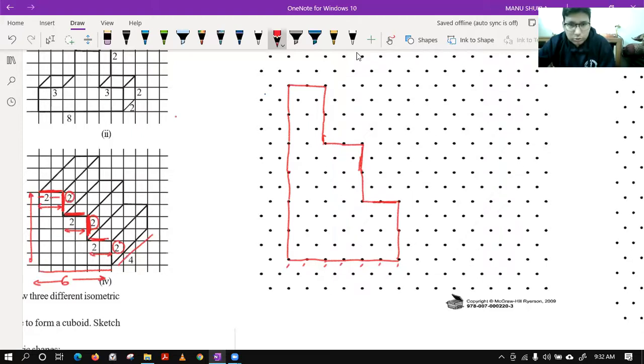Don't worry for that. So let's see 4. Let's count 1, 2, 3, and 4. Plus 1, 2, 3, 4. Fine. Then on this point also we have 1, 2, 3, and 4. Then on this point we have 1, 2, 3, and 4. Very short also. Very good. 1, 2, 3, and 4. Then again we have 1, 2, 3, and 4.